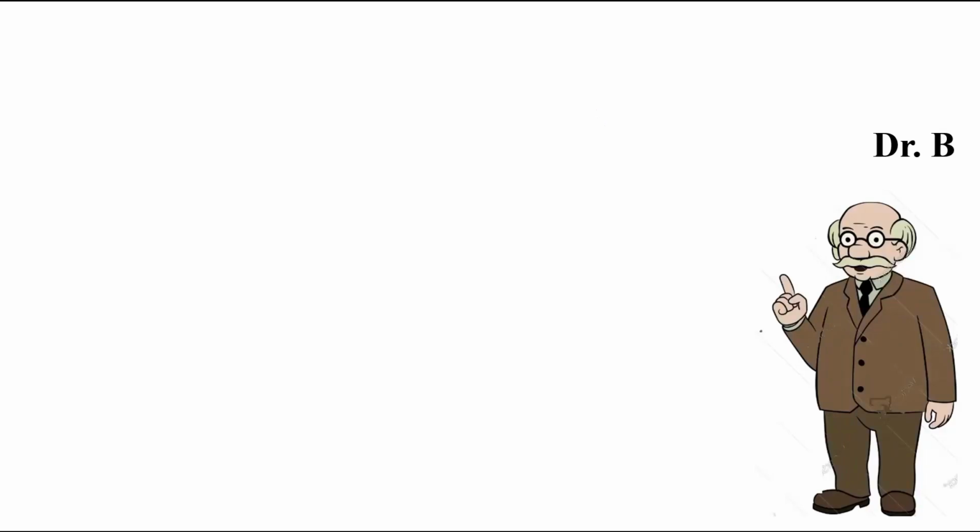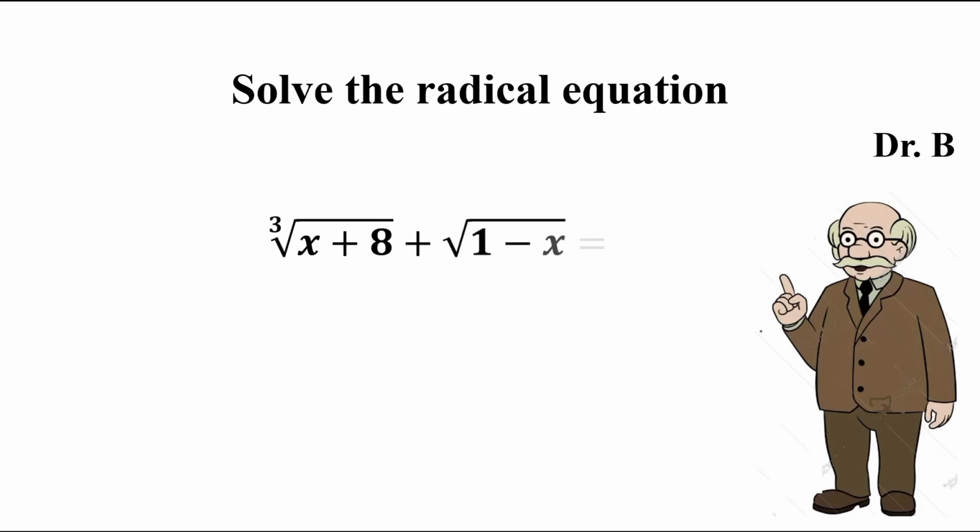Hello. Today we will solve the following radical equation. A distinctive feature of this equation is the presence of two types of radicals, square and cube roots. The solution can be found using various methods, and I will demonstrate one of them based on what is known as double substitution. Specifically, we will introduce two new variables, u equal to this cube root and v equal to